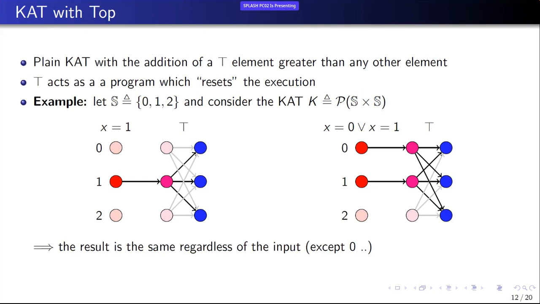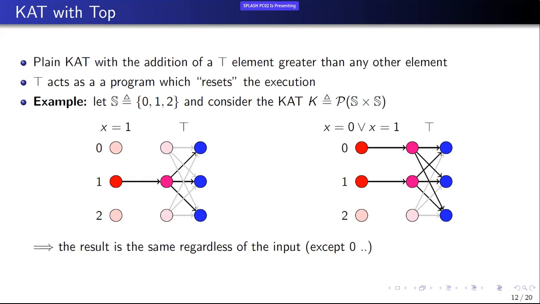which resets the execution. So let us consider the relational model of KAT, so a model like the saturated model. Here we consider a precondition which contains only one state, this one in red. And we can see that after executing the top element, which in the relational model corresponds to the full relation, considering the ordering by inclusion it is the biggest element, you obtain this as a postcondition, all the dots here, so the full postcondition. And if you consider another precondition, such as x equal to 0 or x equal to 1,